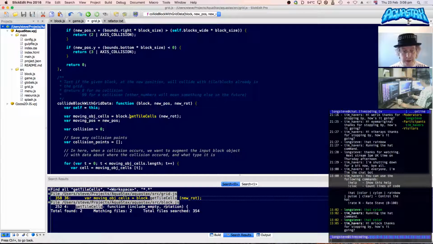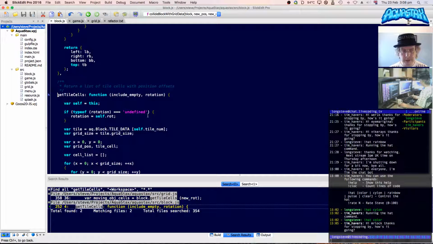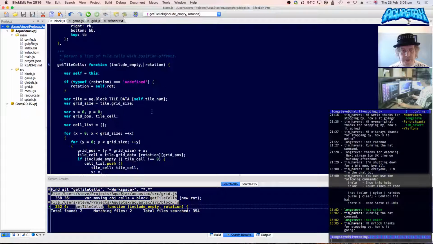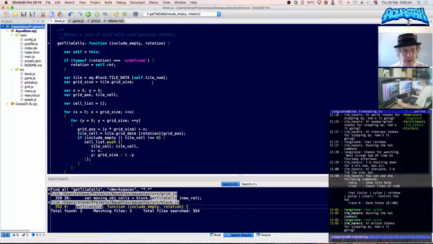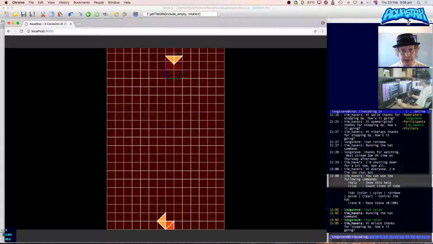What I had done was, at the moment, this returns all the tile cells that the block is defined with at its current rotation. That's right. So in this case, it will be 4, so it returns all these 4 cells, but only 2 of them are filled with anything.